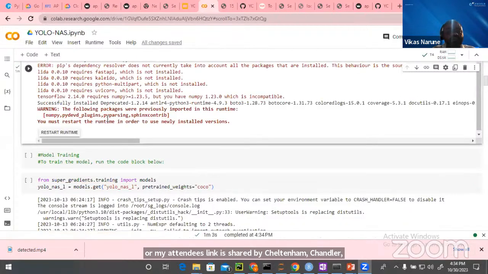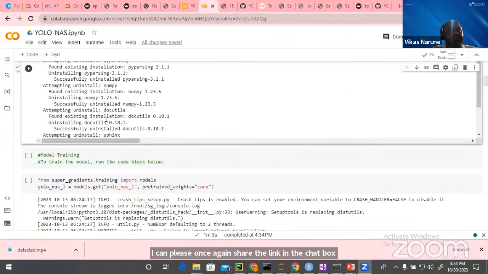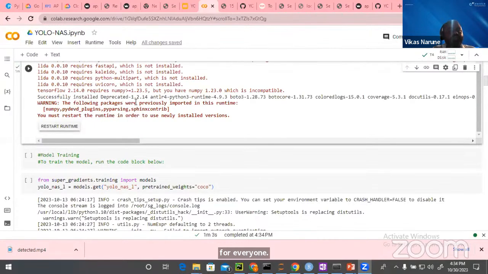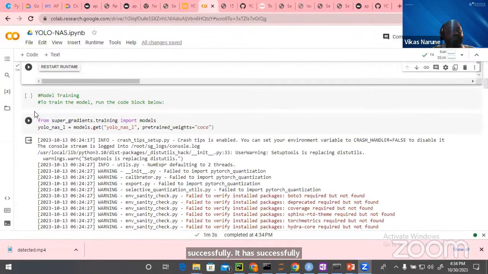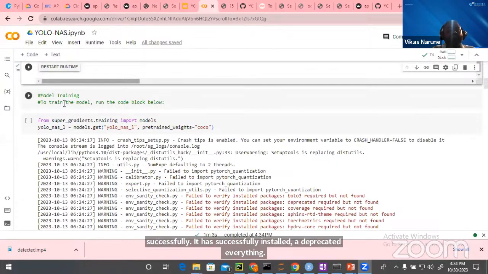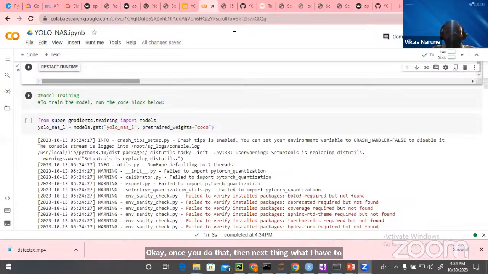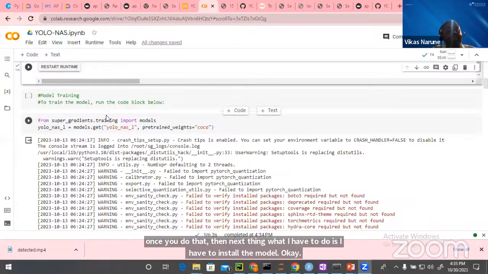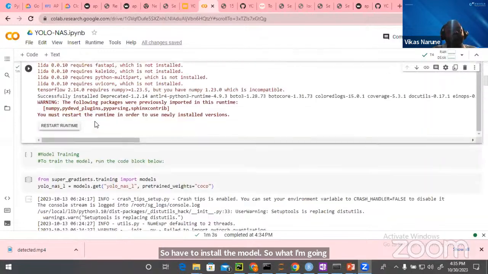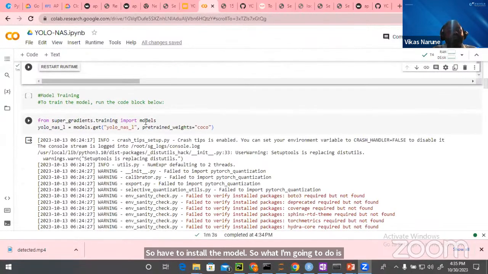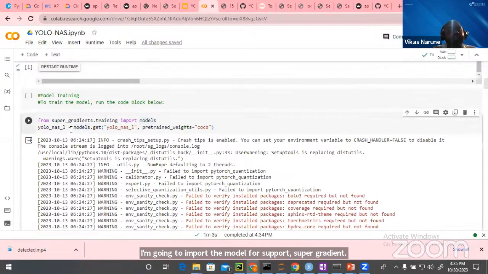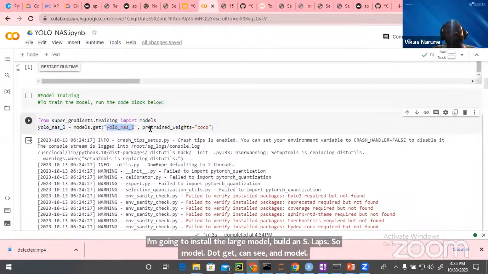Okay, guys, so you can see here, it is able to install successfully. It has successfully installed, deprecated everything. Once you do that, the next thing I have to do is install the model. So I'm going to import the models from super gradient, and from that, I'm going to install the large model, YOLO NAS large. So model.get YOLO NAS large, and the pre-trained